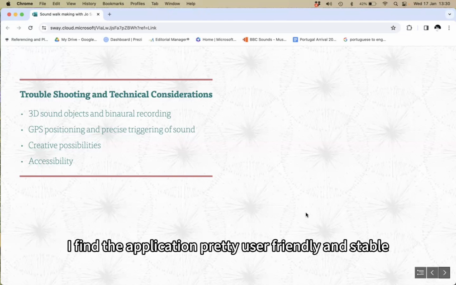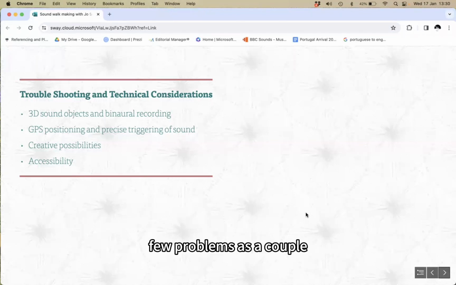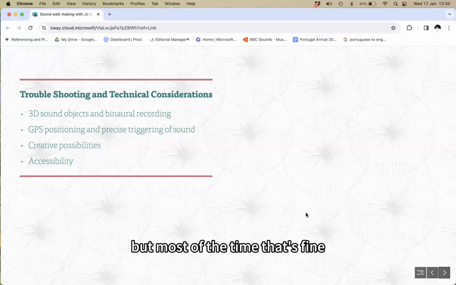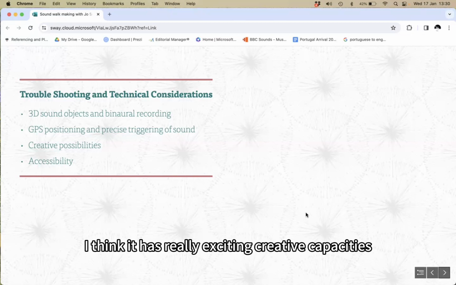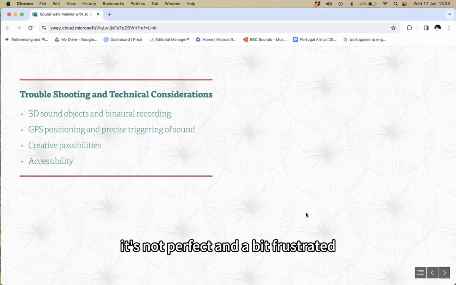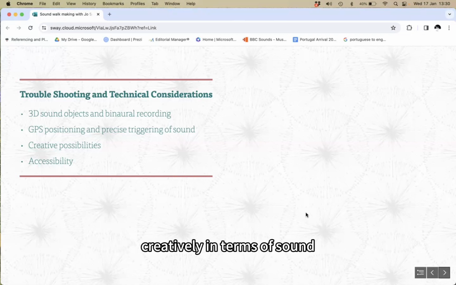I find the application pretty user-friendly and stable. Participants who use it seem to have few problems. There's a couple, but most of the time that's fine. I had a couple of bugs in my walk, some of which weren't really able to be resolved, but they were fairly minor. I think it has really exciting creative capacities. It's not perfect, and I'm a bit frustrated by the lack of precision in the GPS, but it does have a lot of things that you can play with creatively in terms of sound, triggering, location,